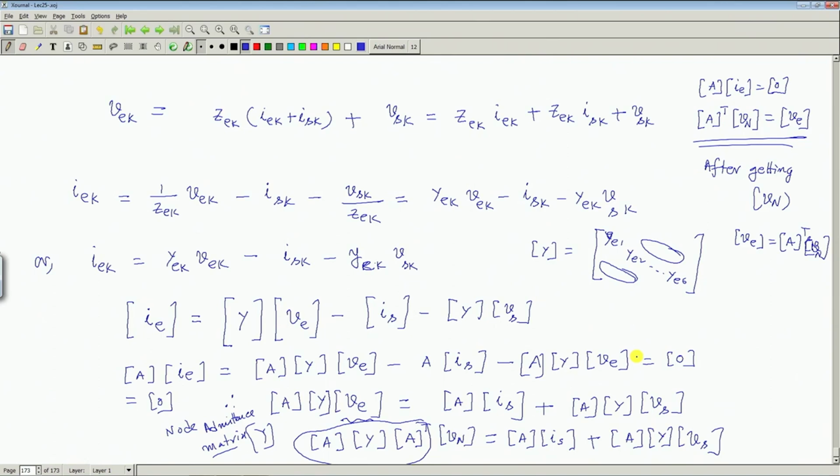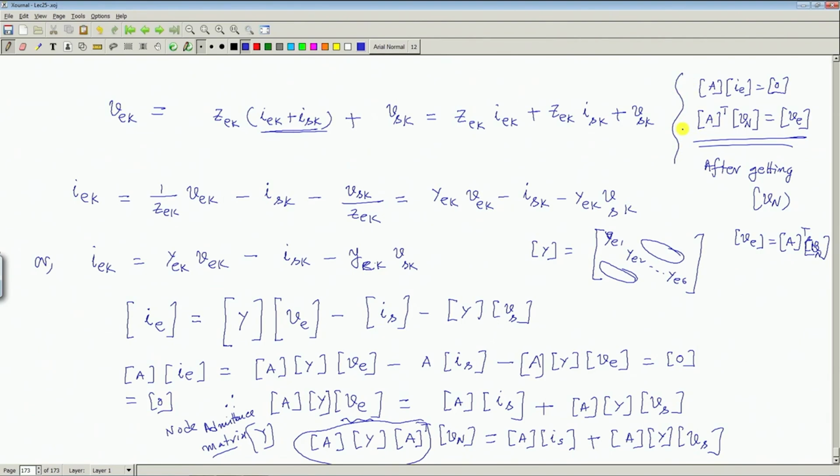And if you know element voltages, for example, if I know V 1, this voltage is known, what will be I e k? You can just subtract the appropriate source quantities in column form, or individually take the equation, find out I e k. Got the idea? So, the current flowing through the impedance Z d k is I e k plus I s k. So, I will add up with that. So, this is in a nutshell, you have to do these steps now after establishing these fundamental relations A I e is equal to 0,